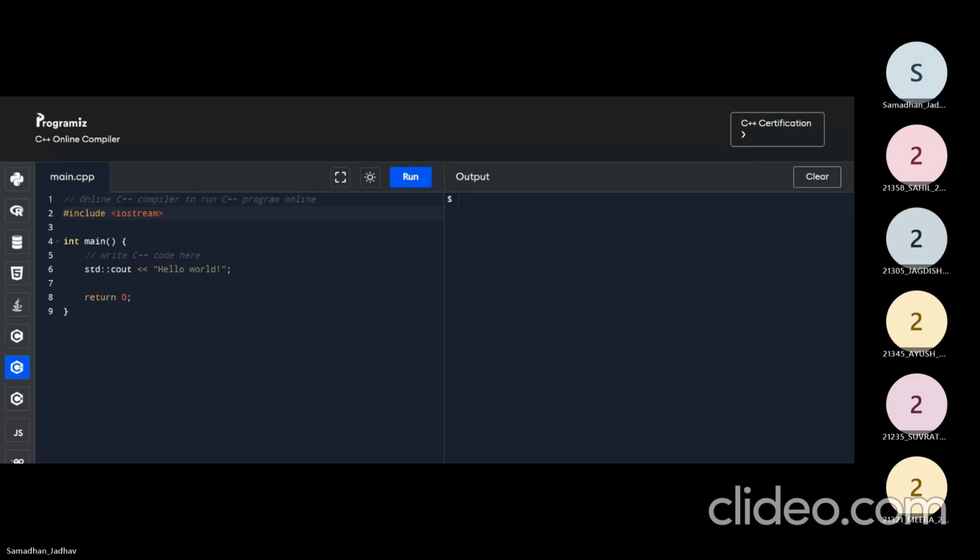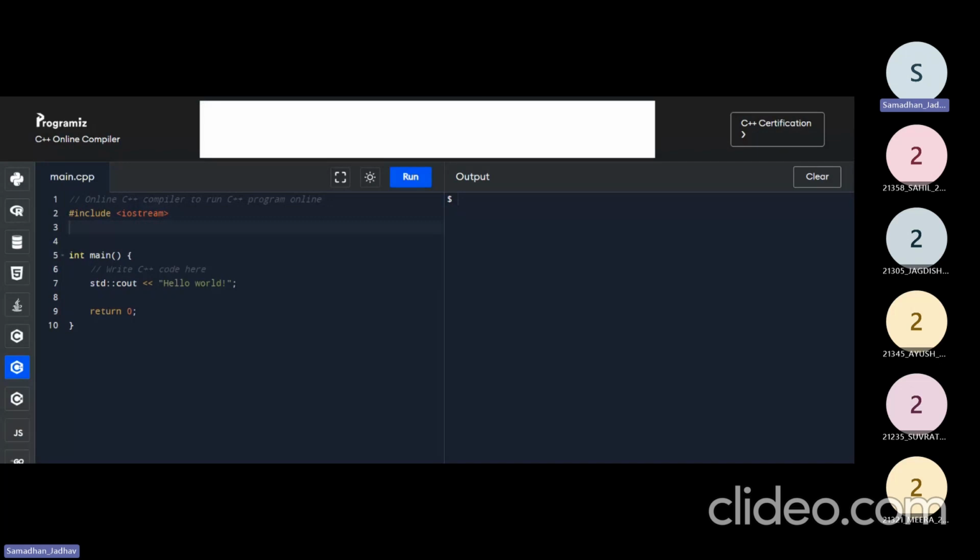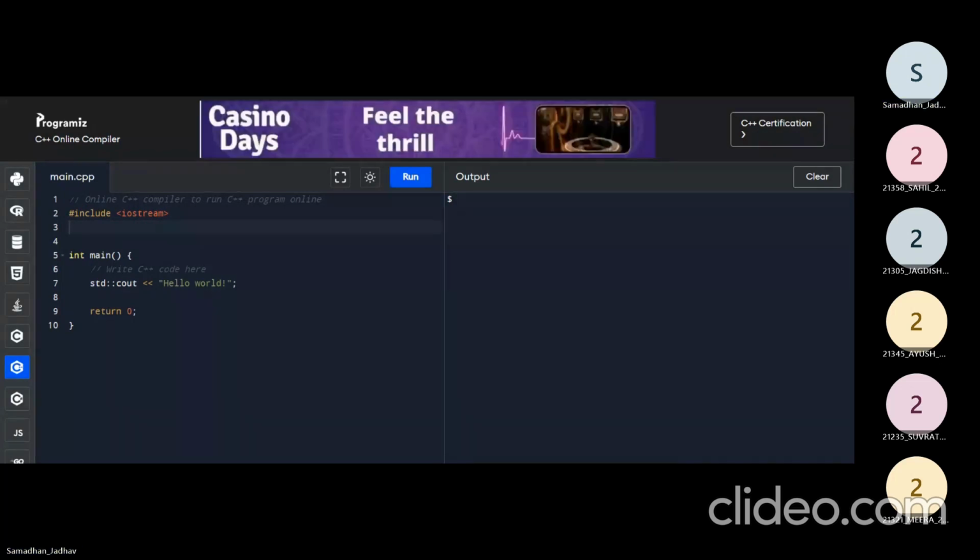So let us start now. This program is for a single linked list, and we are going to create a single linked list. Okay, so using namespace std, and then we have